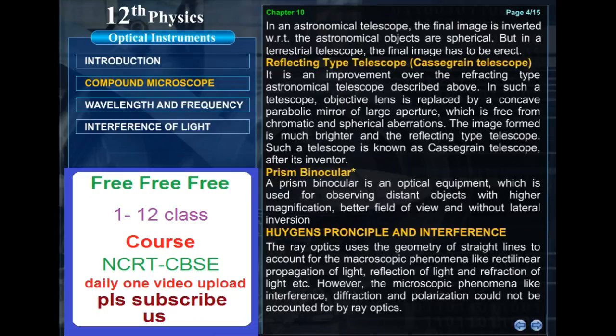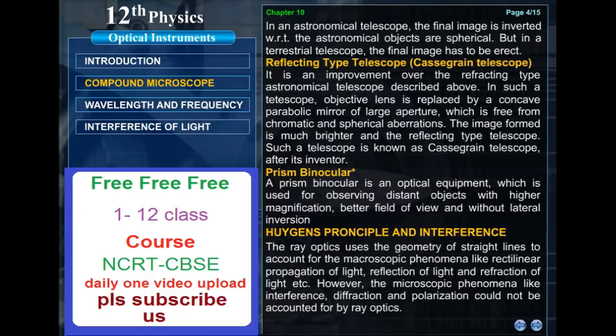Reflecting type telescope. Cassegrain telescope. It is an improvement over the refracting type astronomical telescope described above. In such a telescope, the objective lens is replaced by a concave parabolic mirror of large aperture, which is free from chromatic and spherical aberrations. The image formed is much brighter. Such a telescope is known as the Cassegrain telescope,